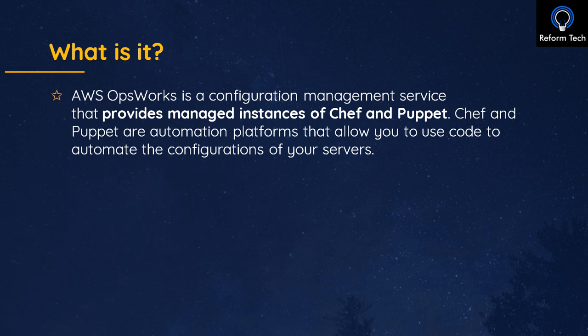Chef and Puppet are called configuration management services. If you have one software and you want to install that software in one system, that is easy. Quickly you can get into the system and do it. If you have two softwares and 10 systems, that is also possible. You go do it manually. Done. And if you have 10 softwares and almost 10,000 systems, and you want to install these 10 softwares in the 10,000 systems,